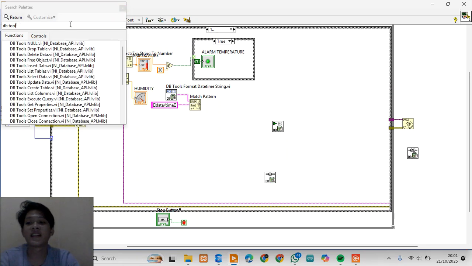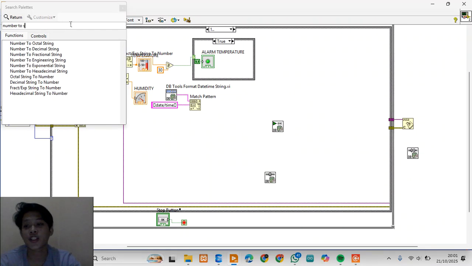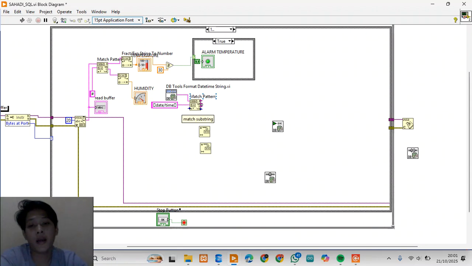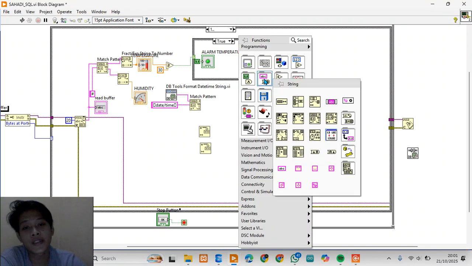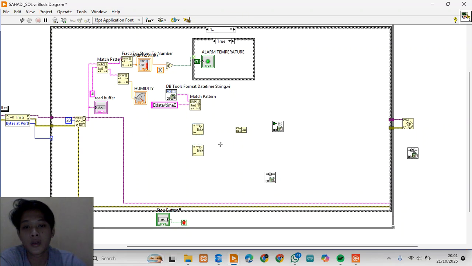I'm editing to convert number data to string, using the number to string function. Okay, copy and paste, and I edit the concatenate string to convert to string in input one.